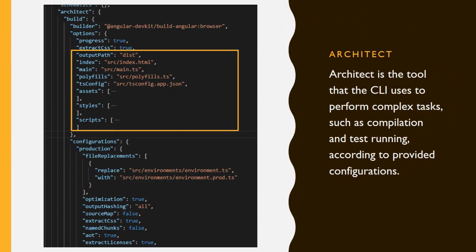Now we'll discuss the architect property of angular.json. Here you can see we can set the output path and entry path. As you can see, the output path we can change from dist to another folder, and for the entry point, the index and main properties are responsible. Here you can see the default is src/index, and for main it is src/main.ts. It is not necessary that main.ts should be your entry TypeScript file. You can change it and give it another name or put it in another directory. It is up to you.